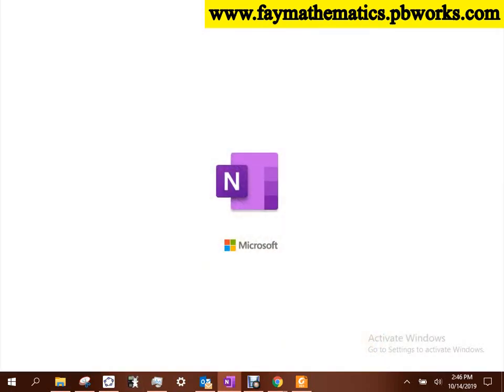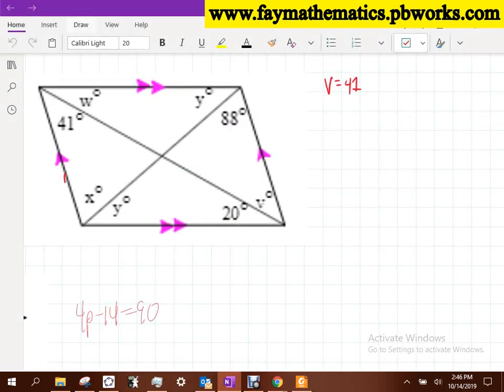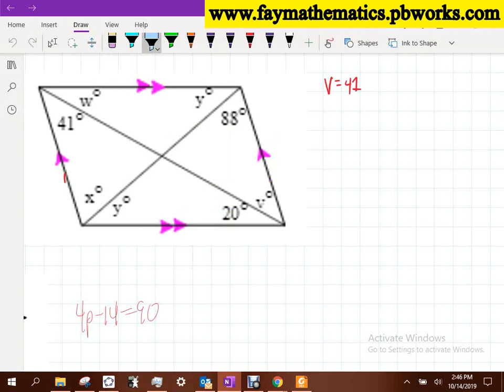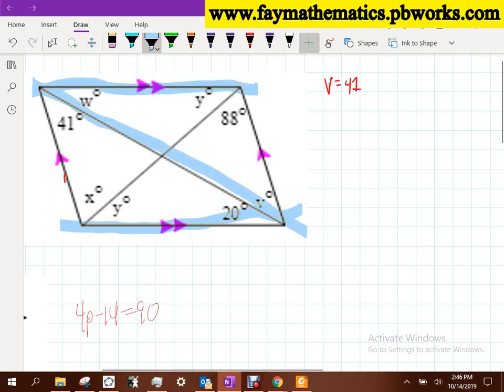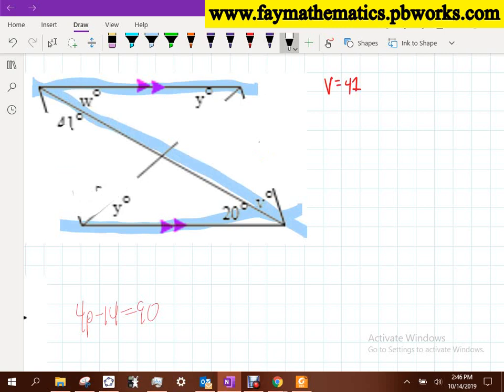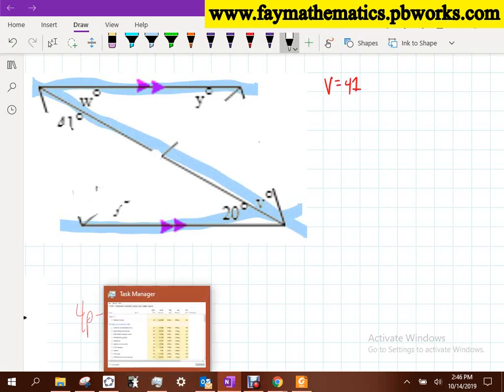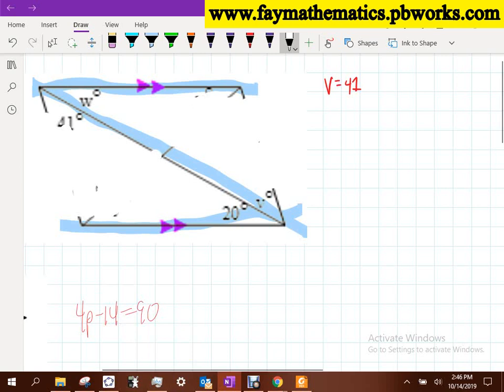Then we need to look at other parallel lines. I don't know why, sometimes this thing doesn't let me click on the markers I want to use. All right, so now if I want to click on maybe that parallel line and that parallel line, a couple different transversals I could use. Can I look at that transversal? Does this break down to give me a similar relationship? If I remove enough, what can I see that W is going to be the same as? W is 20 degrees, right? Okay. Try it again.